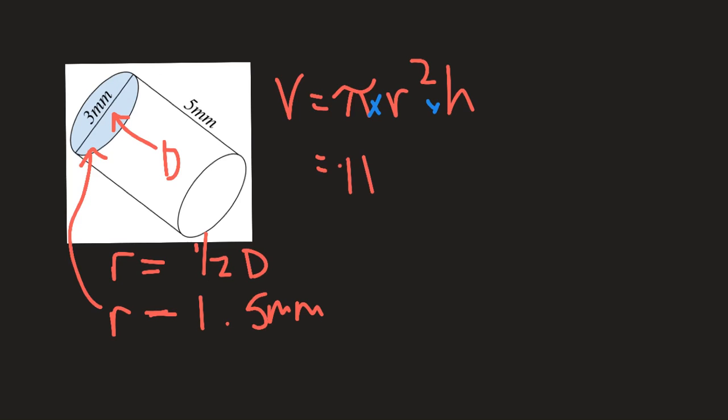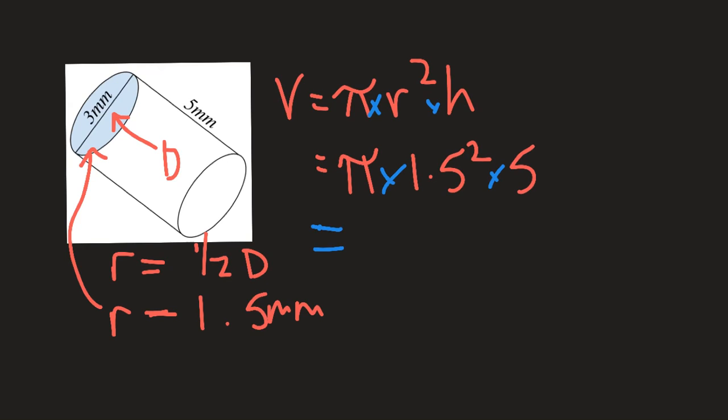It's going to be pi times 1.5 squared, and that's not 1.5 times 2, it's 1.5 times 1.5, times h, which is 5 millimeters. And do not forget that in between each one of these is a multiply sign. On my calculator, I then write in pi times 1.5 squared times 5 to get,